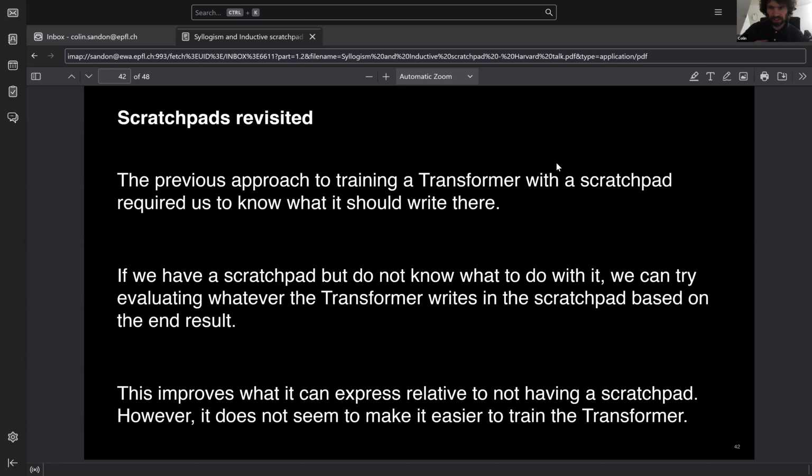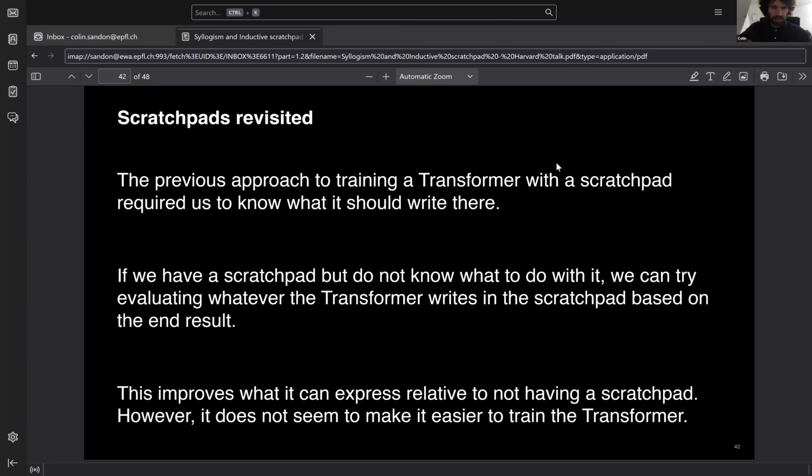In this case, it seems like the best we can do in terms of determining whether the transformer's use of the scratchpad is good is to argue that if it ends up getting the right result at the end, then whatever it wrote in the scratchpad must have been right. Whereas if it gets the wrong result at the end, then it must have messed something up somewhere. That's enough information to try to run gradients and to train the net and its scratchpad, but it is somewhat limiting.